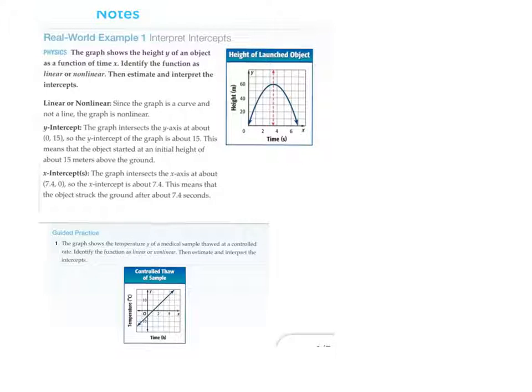What we want to do is interpret certain graphs. To do that, we need to look at whether it's linear, what the y-intercept is, and what the x-intercept is. Linear simply means, is the graph a curve or is it a line? If we look at this graph right here, it is a curve, so this is